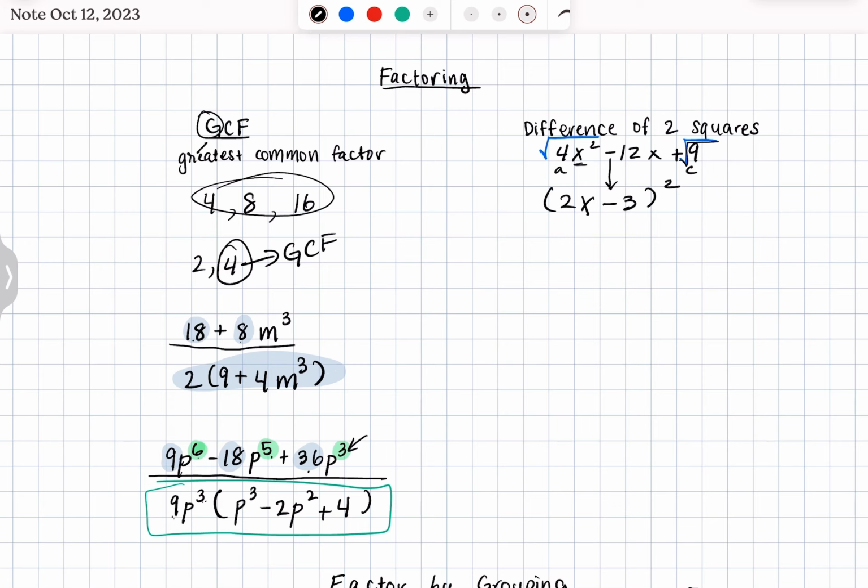Another example would be 25x squared plus 10x plus 1. This is a perfect square as well, and so is this. So 25, the square root of 25 is 5. Our variable is x. The sign is positive for b, so you're going to put a plus sign. Square root of 1 is 1. Put that in, put the parentheses, square it,